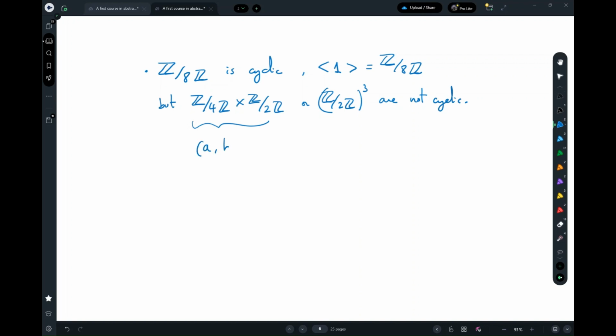So if I have AB, a pair in there, and I multiply it by 4, what I'm going to do is A plus A plus A plus A, 4 times. So it's going to be 4A and 4B. But 4A, this first coordinate is modulo 4, so this is congruent to 0. And 4B is reduced modulo 2, that is also 0 modulo 2. So this tells me that the order of each element